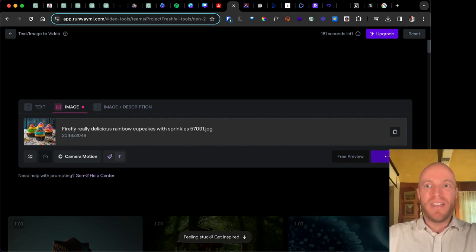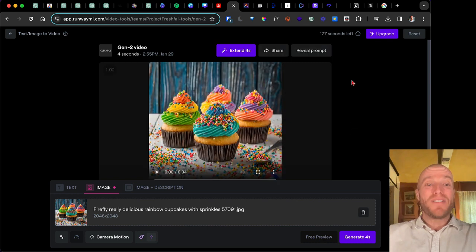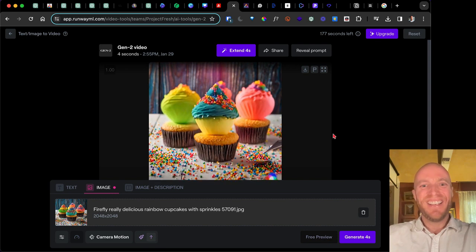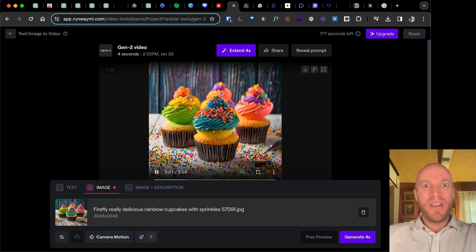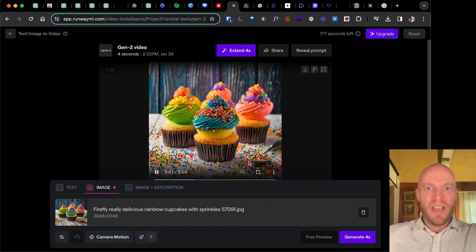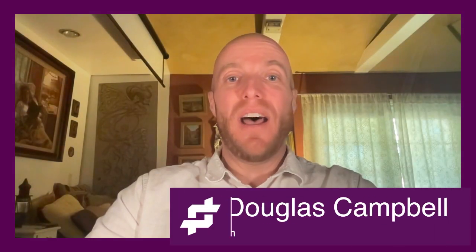Okay, so we're going to generate and then I'll pause. All right, so here it is, my 4-second video. Let's see what happens. So the wood has a little sparkle behind it. Nothing happened with the sprinkles, which I'm sort of surprised about, and then the icing went crazy. So you can see that you can have a lot of fun with this. So I'll let you just decide what you want to do.